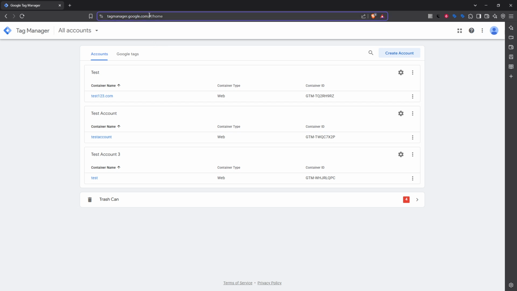tagmanager.google.com. This is where the magic begins. Once you've landed on the site, you'll need to sign in with your Google account. This step is crucial, as accessing Google Tag Manager is tied directly to your Google credentials. Make sure your account has the necessary permissions to access Tag Manager, as this will ensure a smooth process going